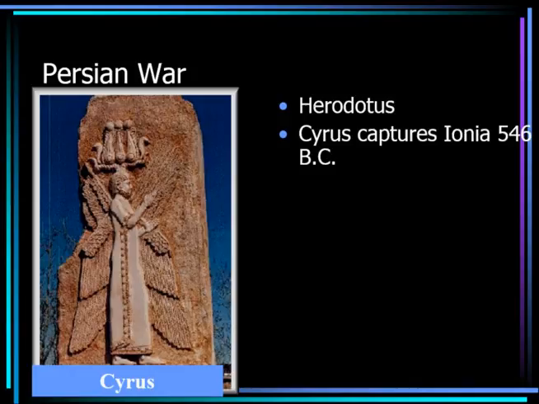So, what happens is that West Coast has connections back to mainland Greece because they're colonial cities. They have trade and so forth. The Persians move in under Cyrus. Cyrus is really the guy who makes Persia into an empire. He moves into Ionia in 546, expanding his territory from Mesopotamia, what today would be Iraq,